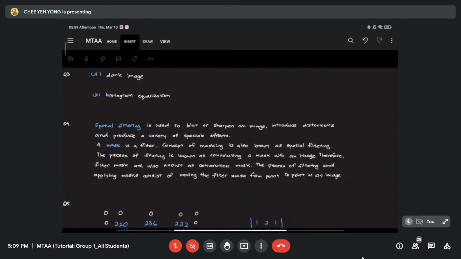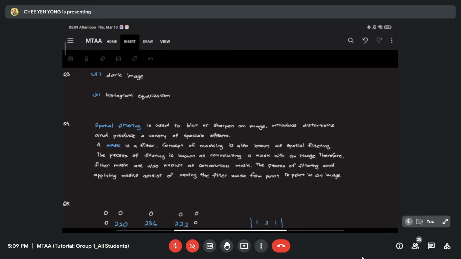Spatial filtering is used to blur or sharpen an image, introduce distortion, and produce a variety of spatial effects. A mask is a filter. The concept of masking is also known as spatial filtering. Converting a mask and moving the filter. Okay. But for the first one, spatial filtering